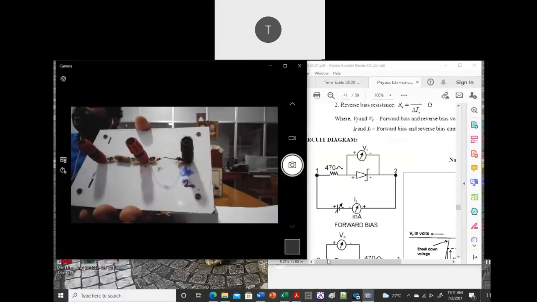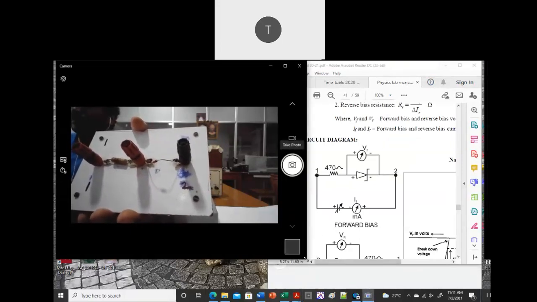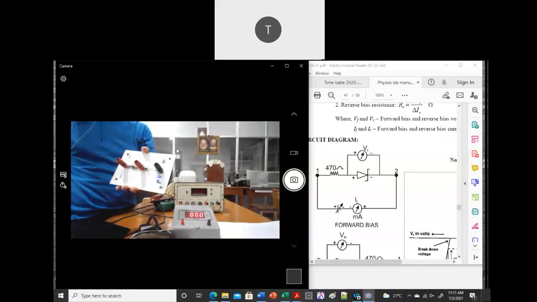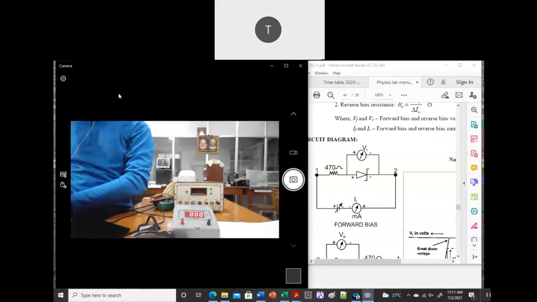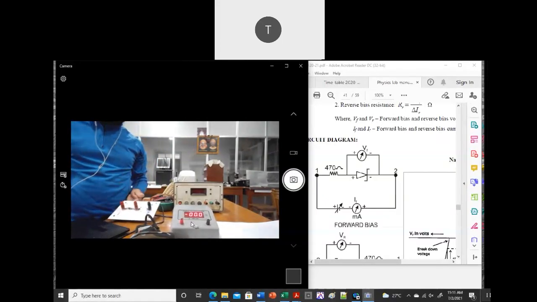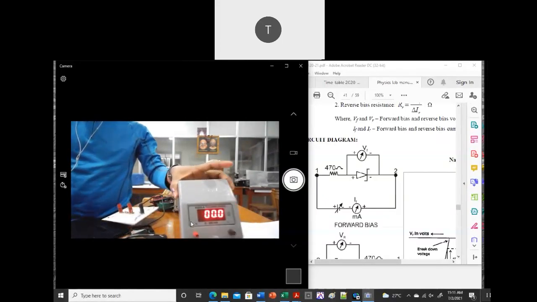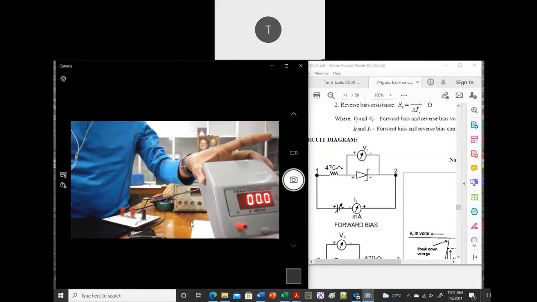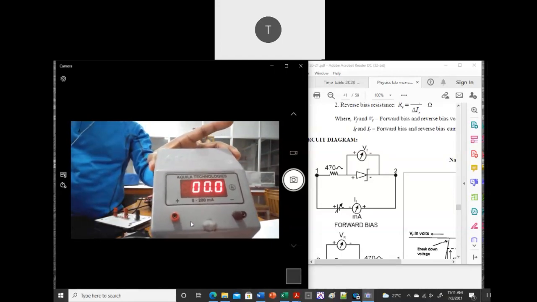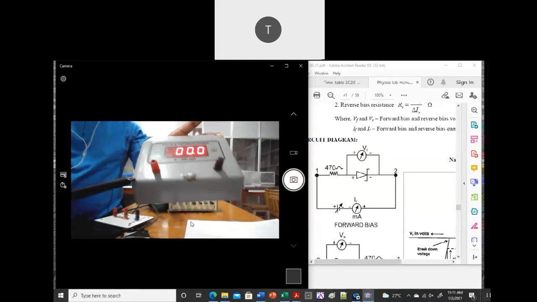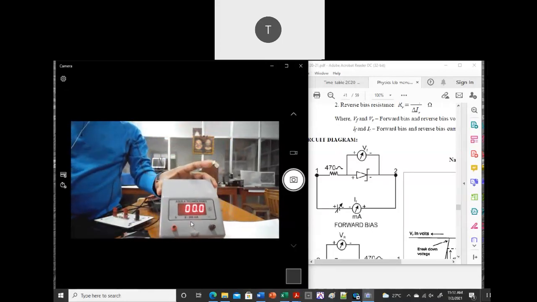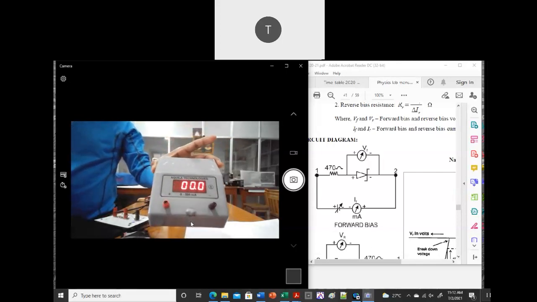Okay. So then we will try to do this circuit. For this, what you need is, here we are going to use a digital ammeter. In the previous one, we used an analog ammeter, but in this case, you can see this is a digital ammeter. So what is the use of a digital ammeter? That you have to tell me later. So this is your digital ammeter. It can measure from 0 to 200 milliamps. That is the range that it can sense. If it is more than 200 milliamps, it cannot measure.